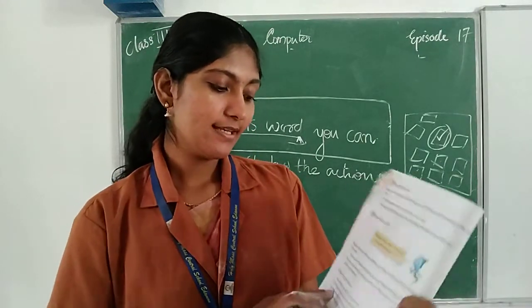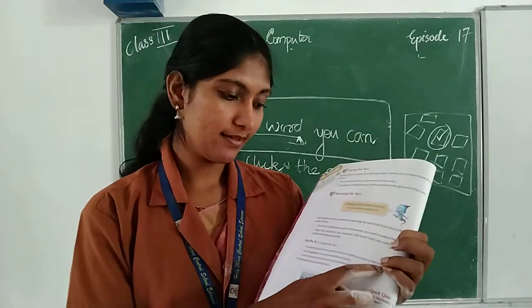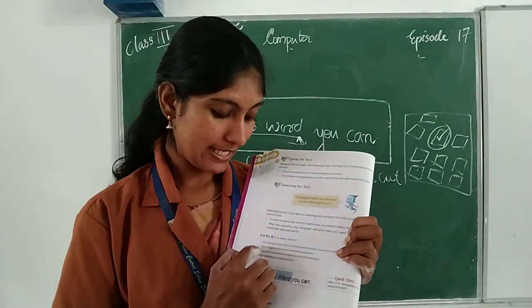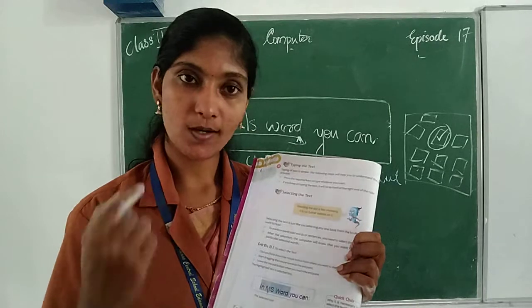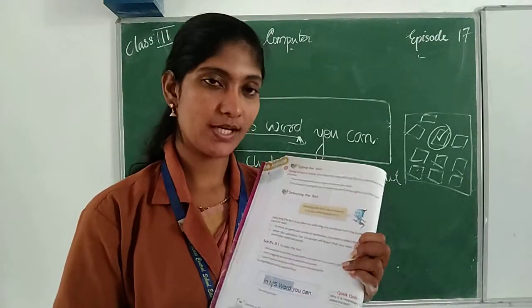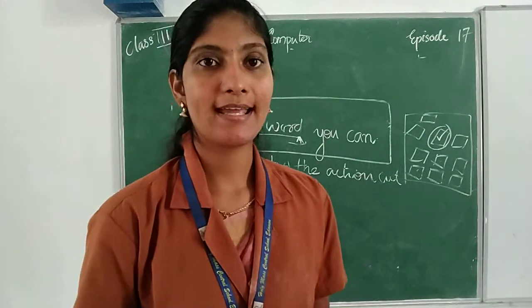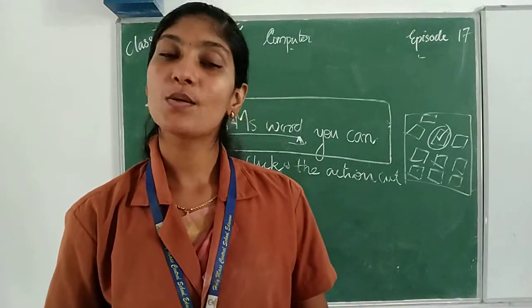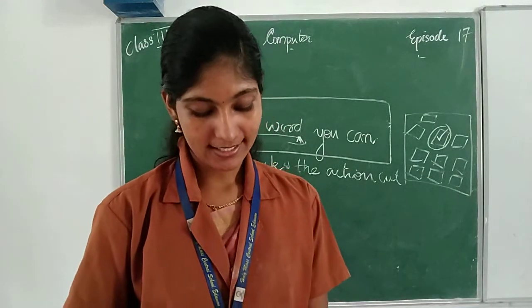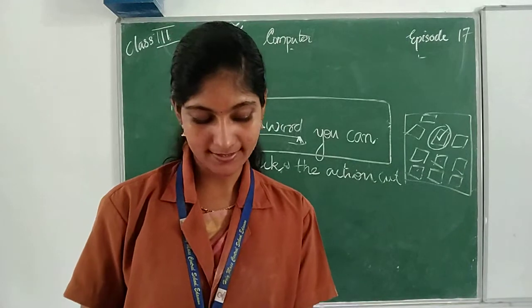So once again, click and hold the mouse button from where you want to start selecting. Then start dragging the mouse towards the end point. Then leave the mouse button when you reach the end point. Then what happens? A highlighted text appears. So that part is the selected text. So once again, what are the things we have learned today?